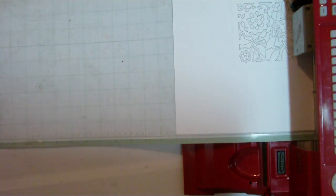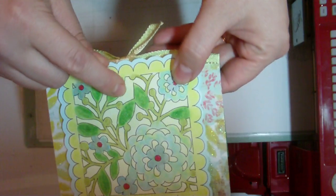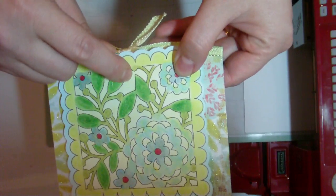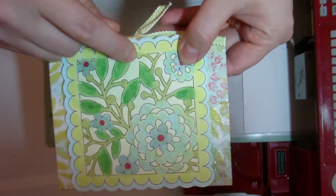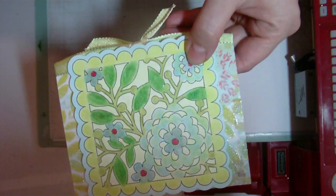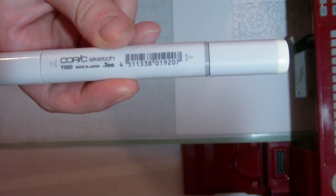The other thing that I did on this card is colored in the negative space. See, ordinarily this would cut out if we were cutting the image, but it doesn't because we're drawing it. So in order to fill this in and keep it from looking so naked, I went ahead and I do have a couple Copics, not many, just a few, and I used the Copic